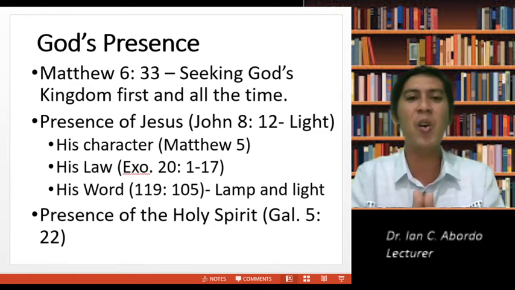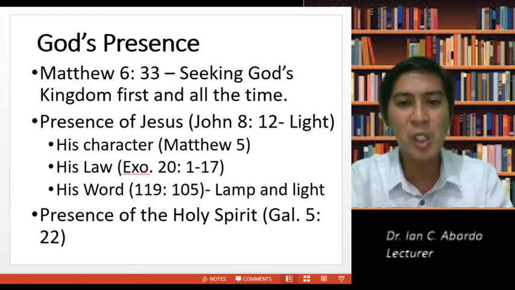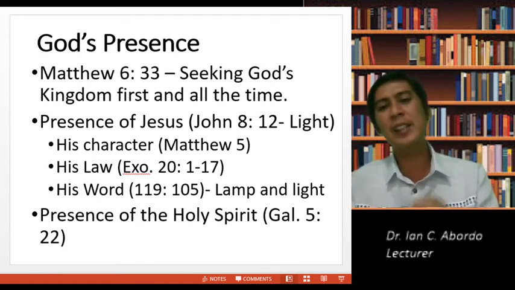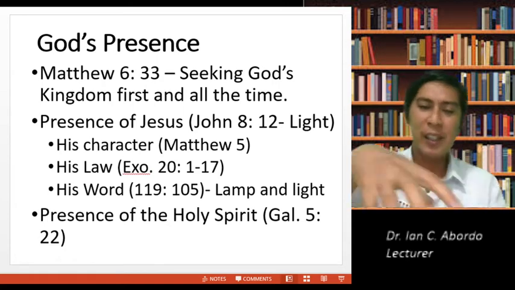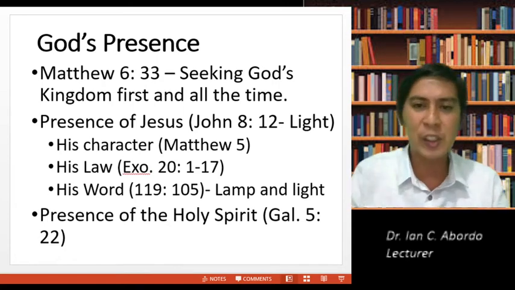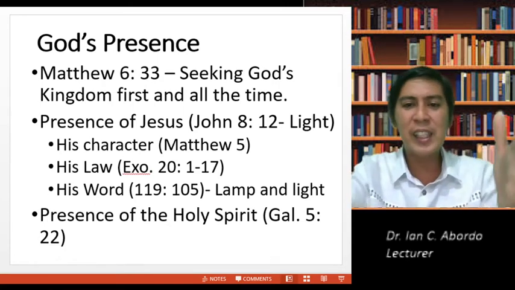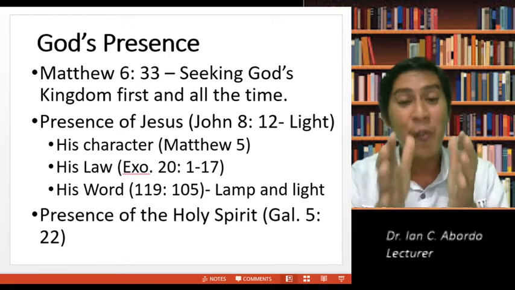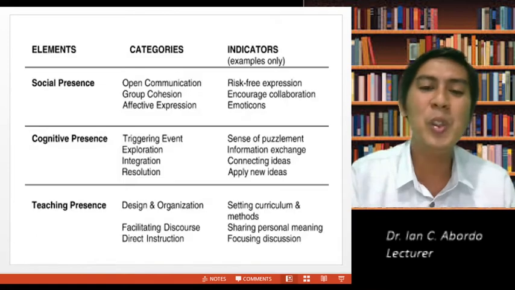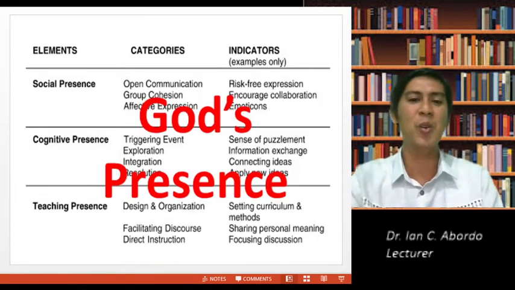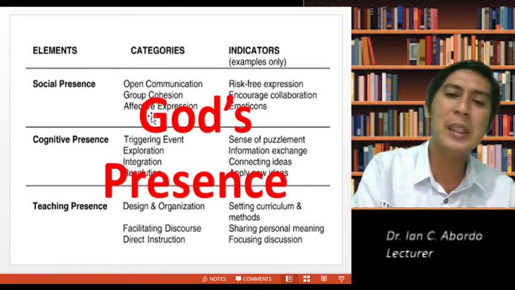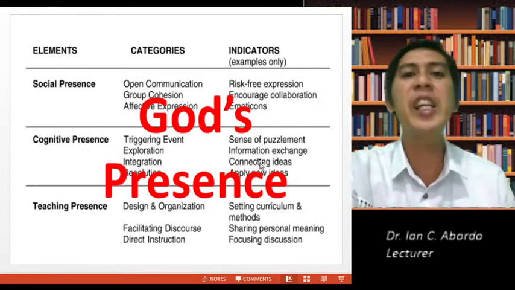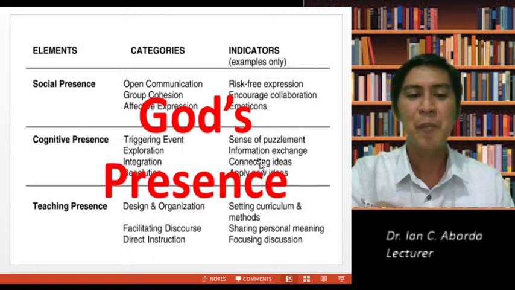The presence of the Holy Spirit should be the center of the module, and that dictates content, learning process, assignments, everything inside the module. That is the community of inquiry from my perspective. So God's presence must be the driving element in each of these areas in our module.